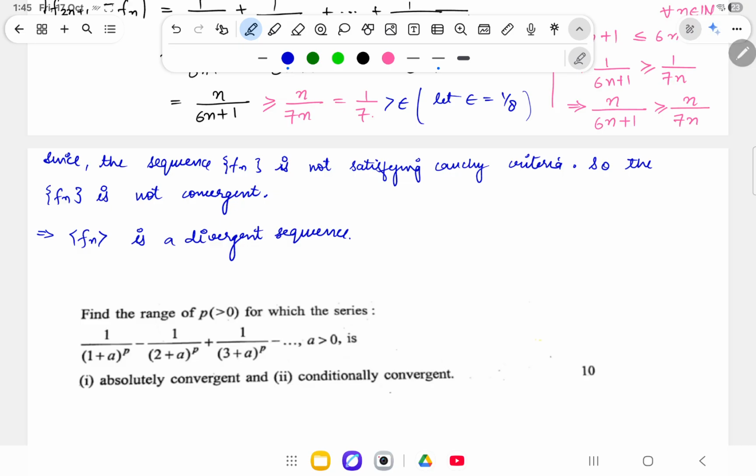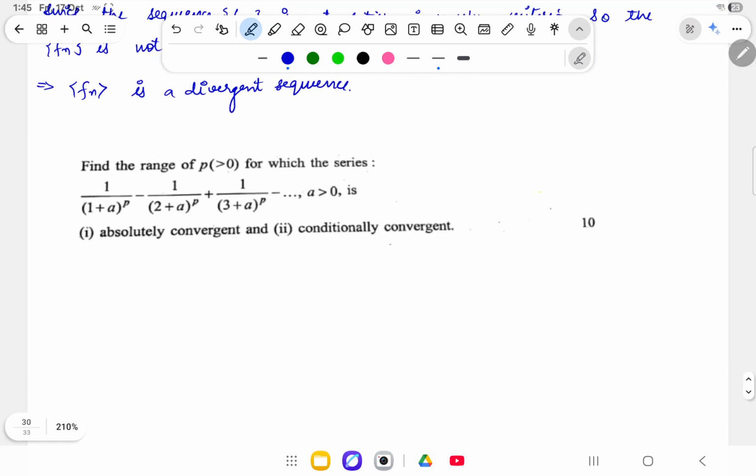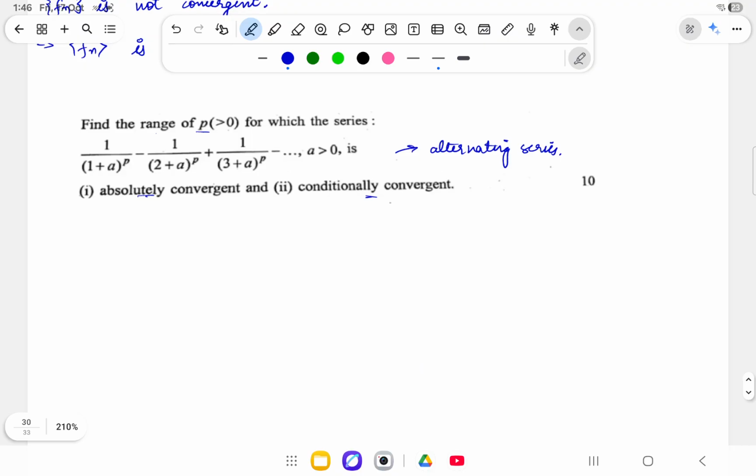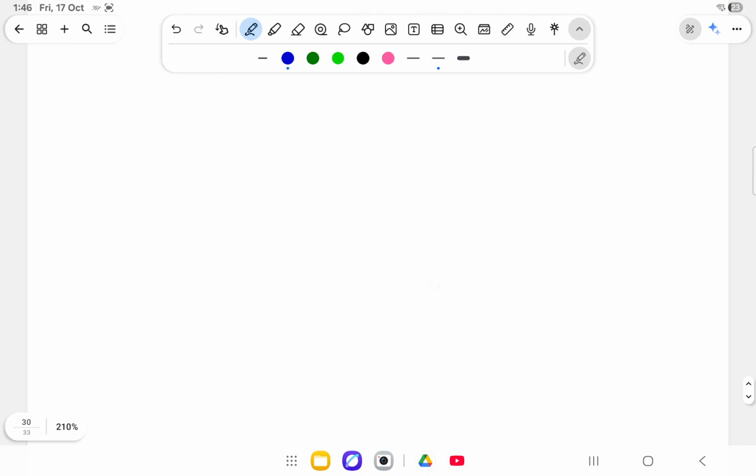Now let's move on to the next question. The next question says: find the range of p for which this series is absolutely convergent and conditionally convergent. Now if you observe, this is basically a question on alternating series, so I'll discuss this question in that topic only. That will be in the next video. So we'll just leave this question for now and discuss it in the next video. So let's move on to see the